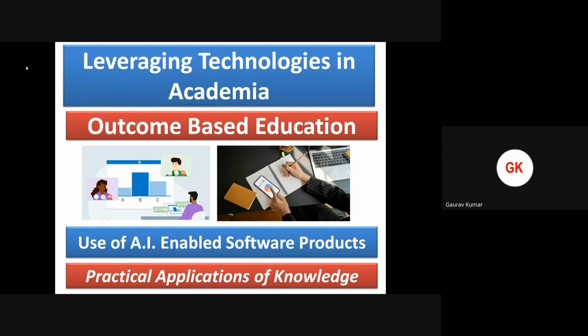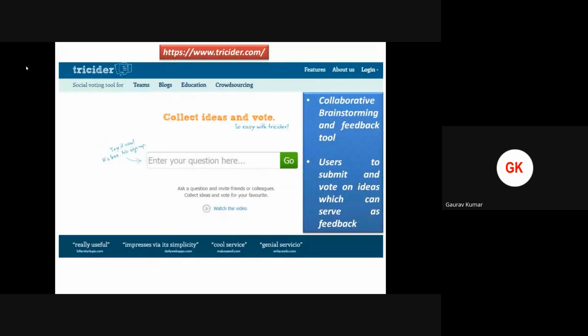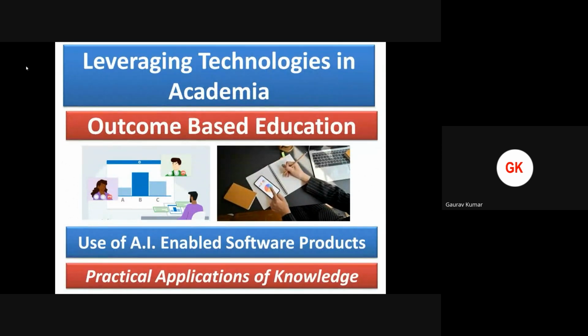In student evaluation and assessment, one part we have seen is dynamic communication, Mentimeter, and Tricider. But if we want to go for some particular content creation, its separate coverage will be in tomorrow's